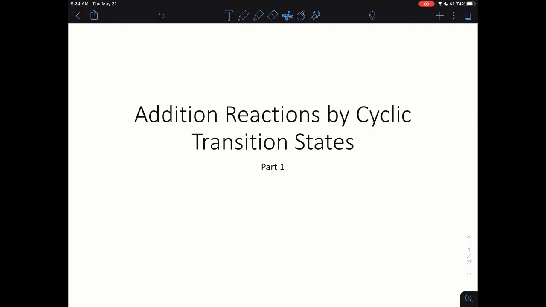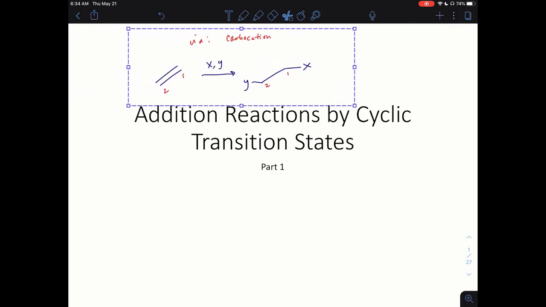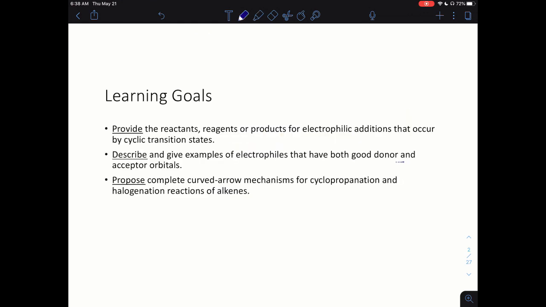In this lesson, we will continue our discussion of addition reactions to alkenes. We've already learned how to add two atoms, X and Y, across the two carbons of an alkene via carbocation intermediates. Now we will move to thinking about reactions that avoid carbocation intermediates, and by and large, these reactions go by cyclic transition states. In this video, we will primarily focus on two reactions, cyclopropanation, so making the cyclopropane ring,